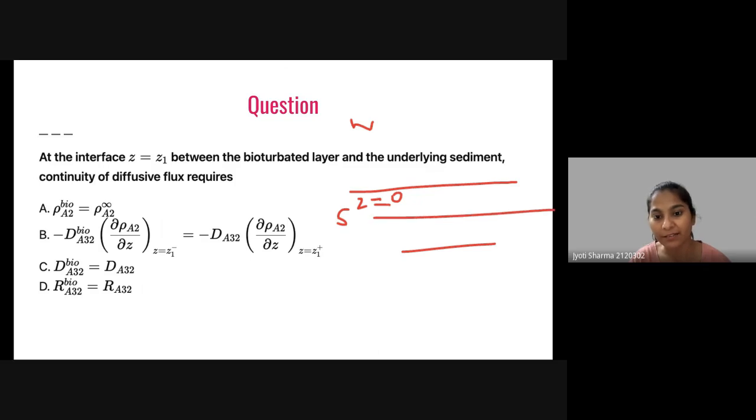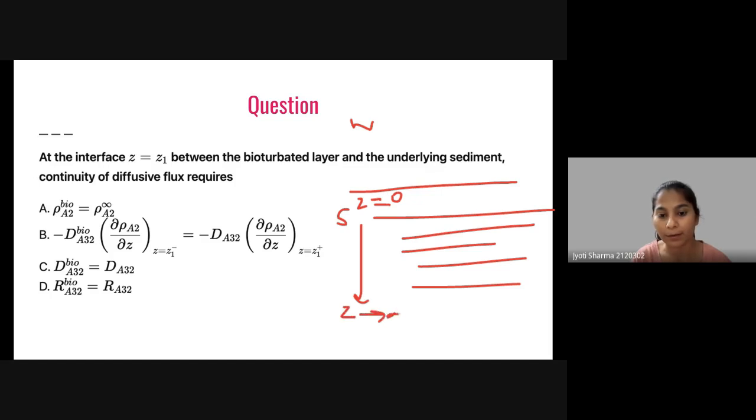So we have different layers, and z will approach infinity. Let's say this is z1, z2, z3, z4 or something. At z1 to z2 is where bioturbation happened, this is the place where bioturbation happened, and this is the place where normal diffusion happened,